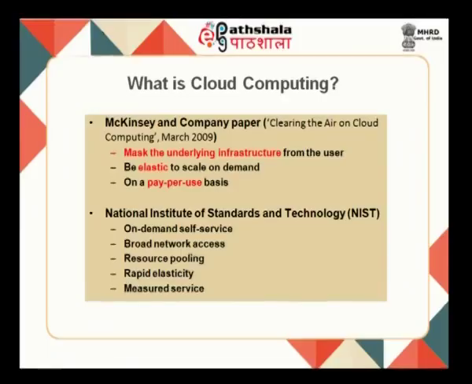Now, for making use of the service, the user has to pay. So, on a pay per use basis, we normally deal with various services, and also whenever I want to expand my capability both in terms of computing as well as storage, this cloud computing environment is said to be elastic in nature. So, it is elastic to scale on demand or as per demand. These are 3 important features or characteristic factors associated with the cloud computing environment.